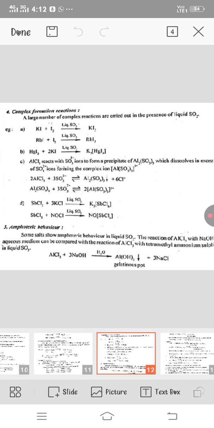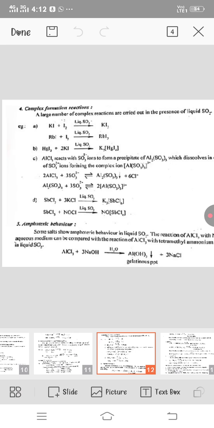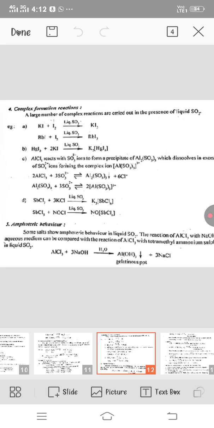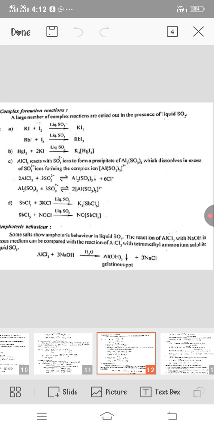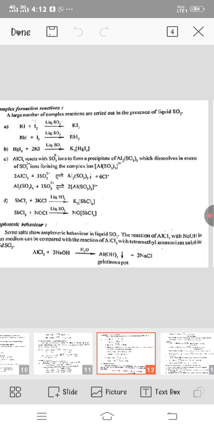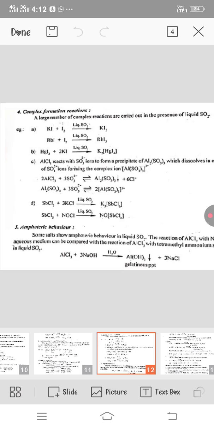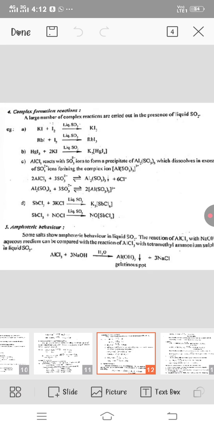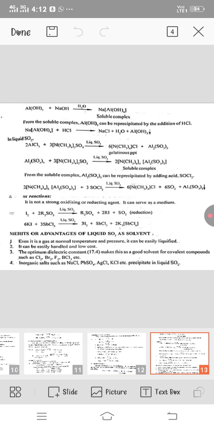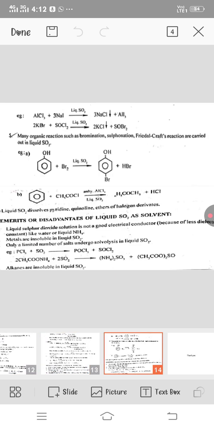The reaction of AlCl3 with NaOH in aqueous medium can be compared with the reaction of AlCl3 with a tetramethyl ammonium solute in liquid SO2. For example, when AlCl3 reacts with 3NaOH in the presence of water, it produces a gelatinous precipitate. And SO2 also has